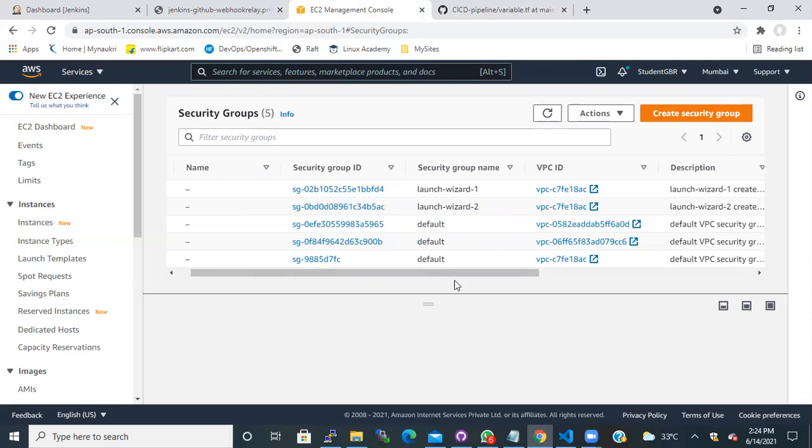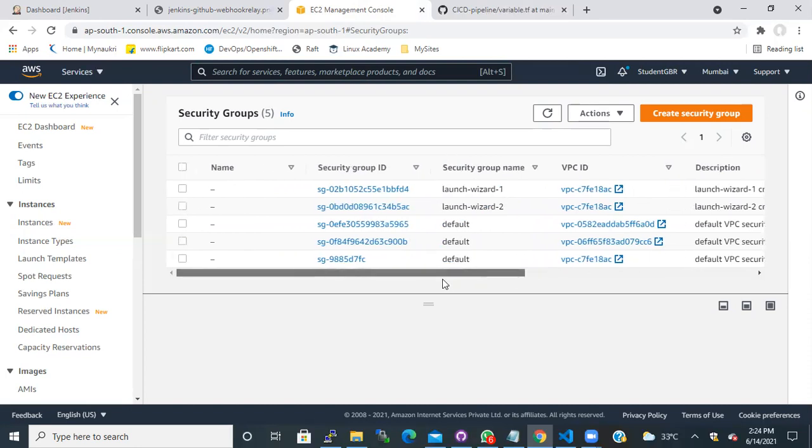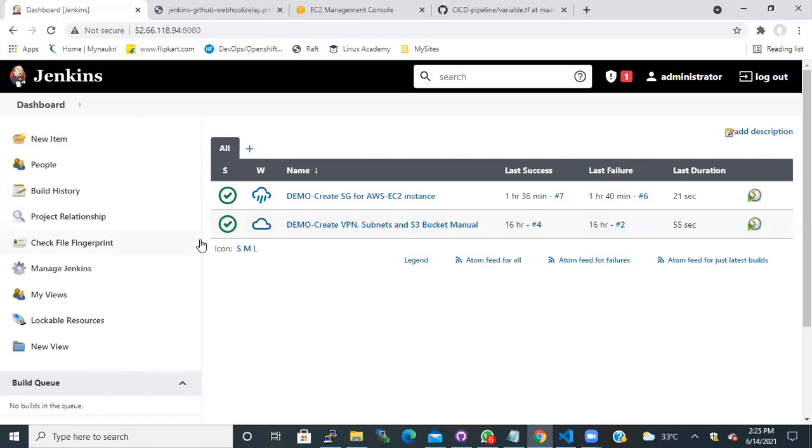So, as of now, I have only 5. I'm going to add one more security group here in the AWS account. So let's get started.